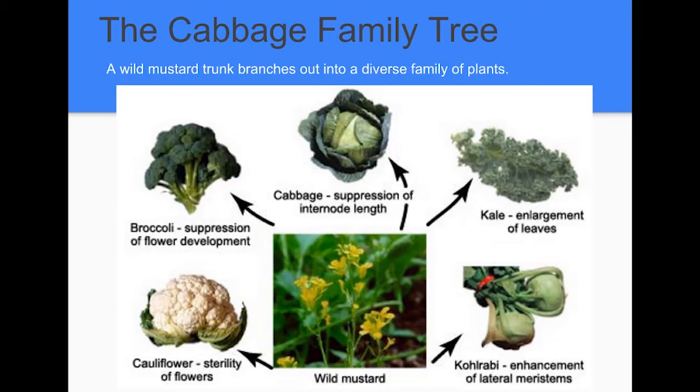Once again, that's not a gain. You start off with wild mustard and you suppress or you lose some feature that it already had. And by losing existing information, you create new varieties. So the family tree here grows up, starting off with more genetic information in the parent or grandparent species, and then developing different varieties and species primarily by losing or just shuffling existing information.